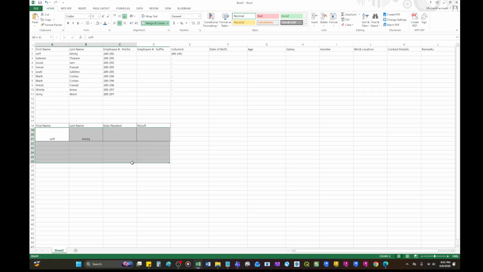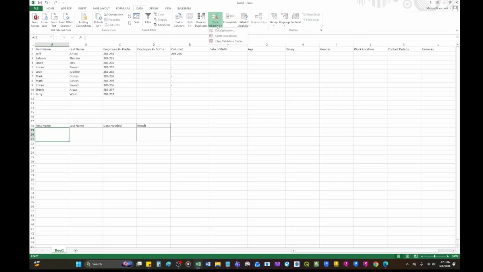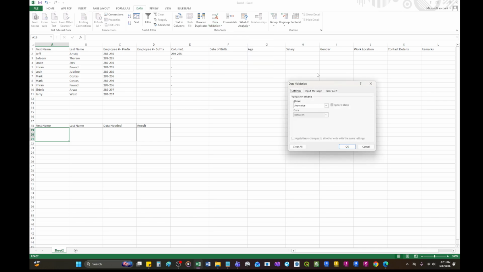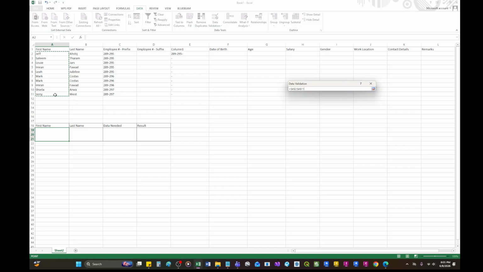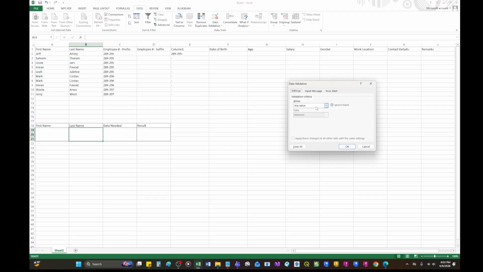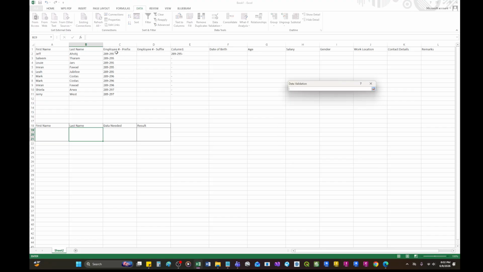Later on. For example, this is empty. Let's say what you need is the age. So we will just put the name here, or we can do this one also: data, go to data validation, and then just make a list. Click the list, then select the portion you would like to make a list, click OK, and then same process here, data validation, list, source, and then make this the source.